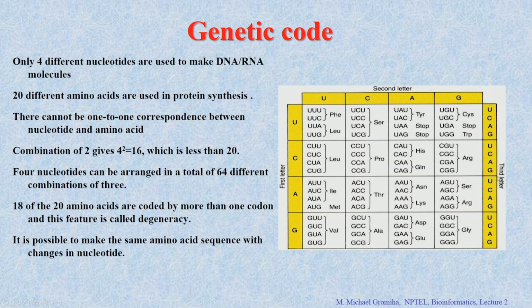leucine. And what is a stop codon? You can see here, this is a stop codon, UGA. Also tryptophan is coded by only one codon, UGG. So, this is also one of the reasons why tryptophan occurs very rarely in protein sequences. So, 18 of the 20 amino acids are coded with more than one codon, and this is called the degenerate system. So, now if we have a DNA sequence